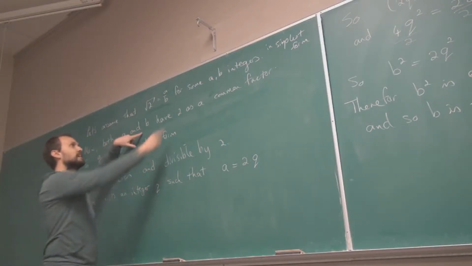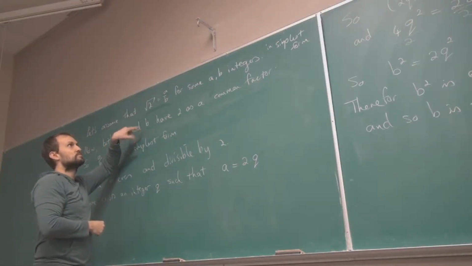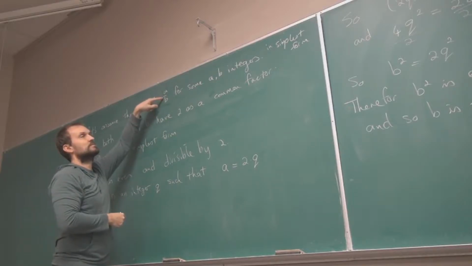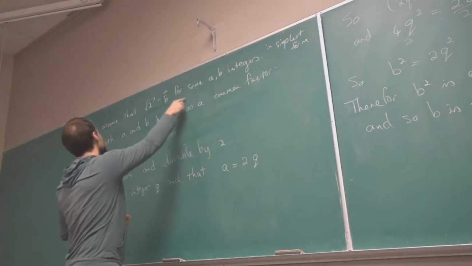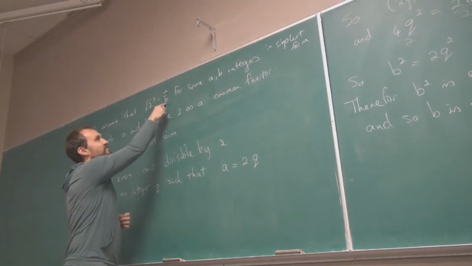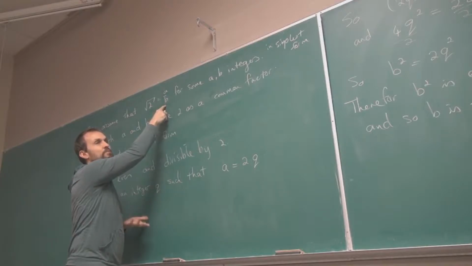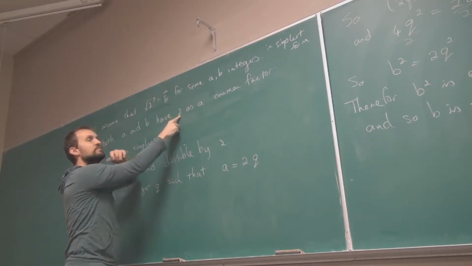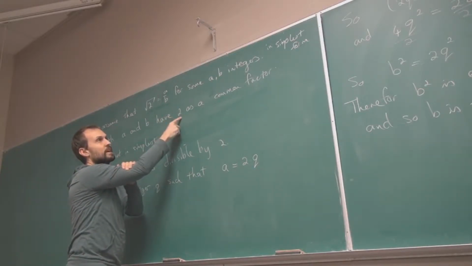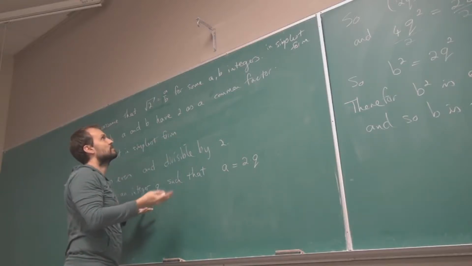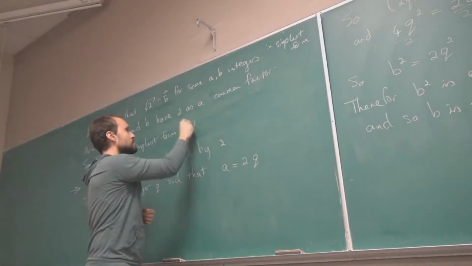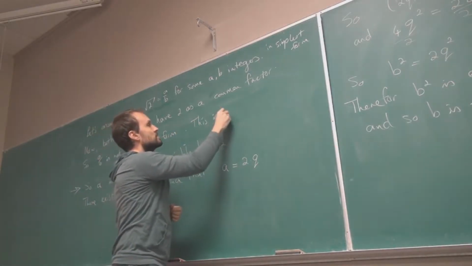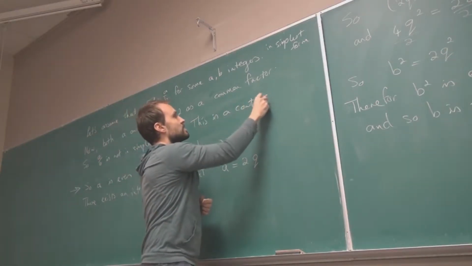And it always has 2 as a common factor, which means this is not possible because it's never in simplest form. So my original assumption that I can find a fraction in simplest form can't be true because it's never in simplest form. It always has a common factor. When do I ever stop? I have to stop eventually by my understanding of fractions. So this is a contradiction,